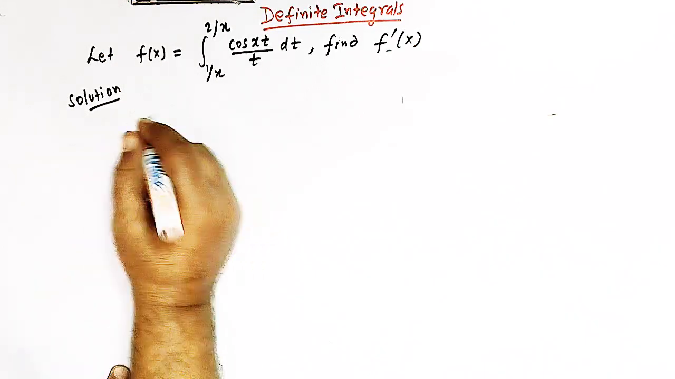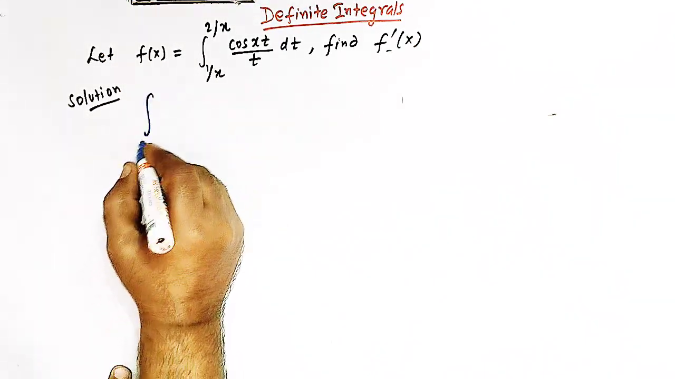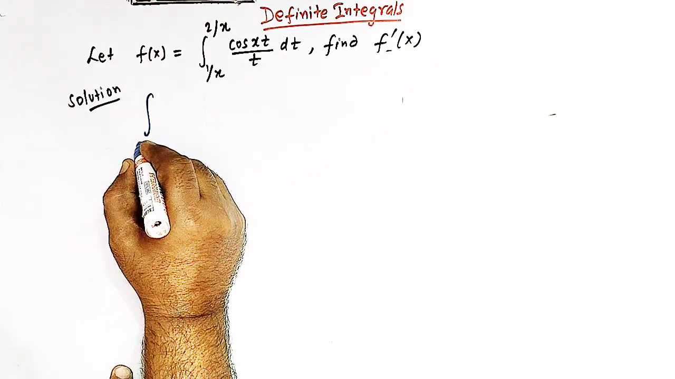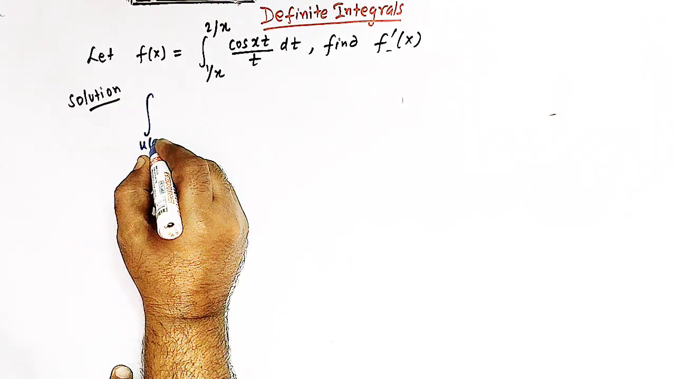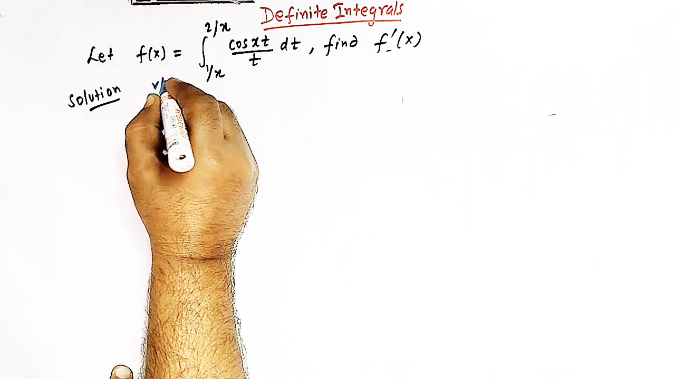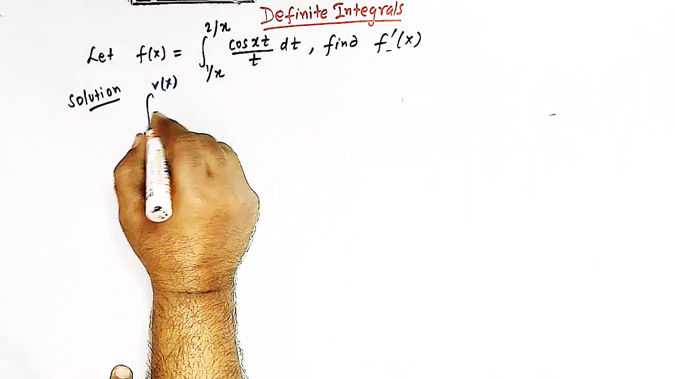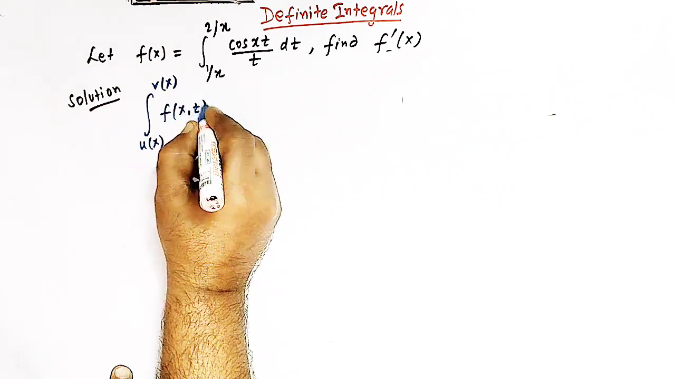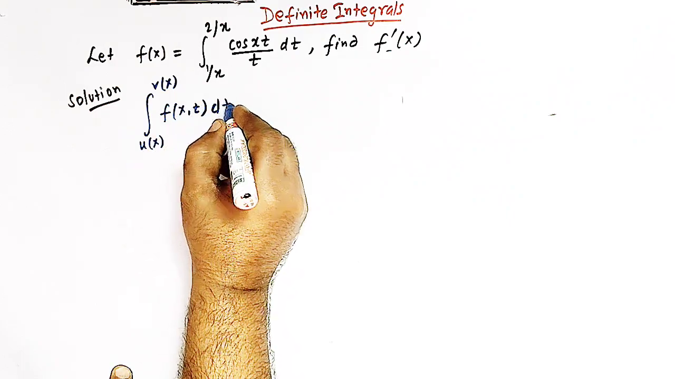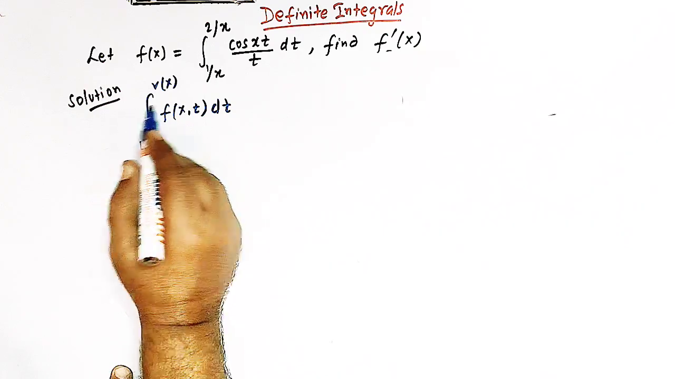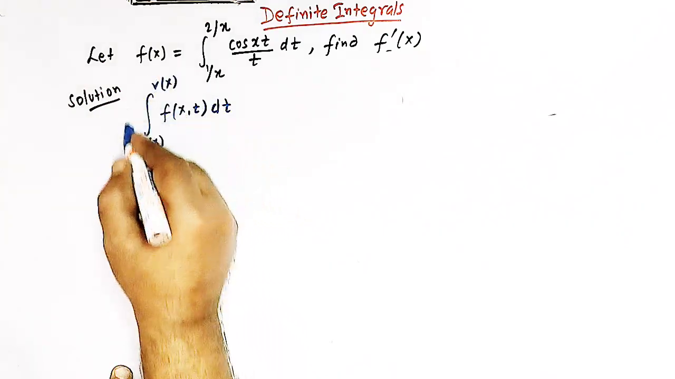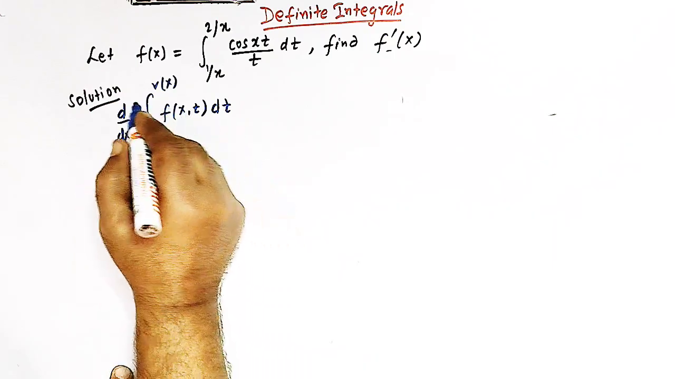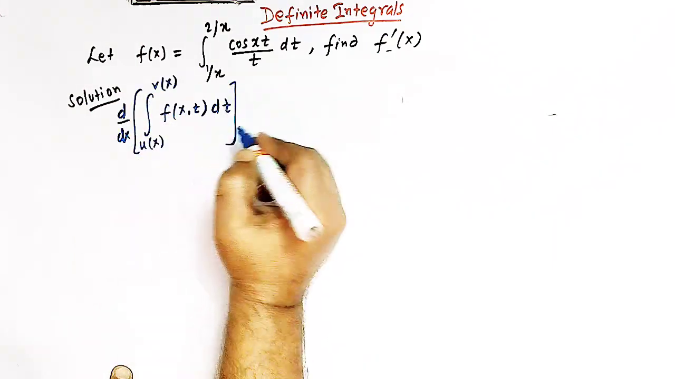Now consider the integral where the lower limit and the upper limit are some function of x. Suppose the lower limit is u of x and the upper limit is v of x, and our integrand is a function of say x and t, right? And if we wish to find out the derivative of this integral with respect to x, then Leibniz integral rule